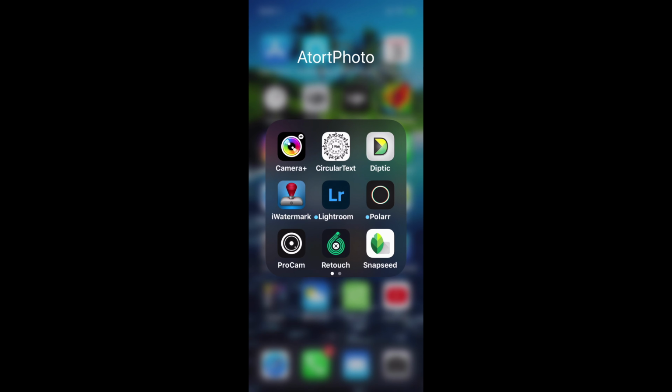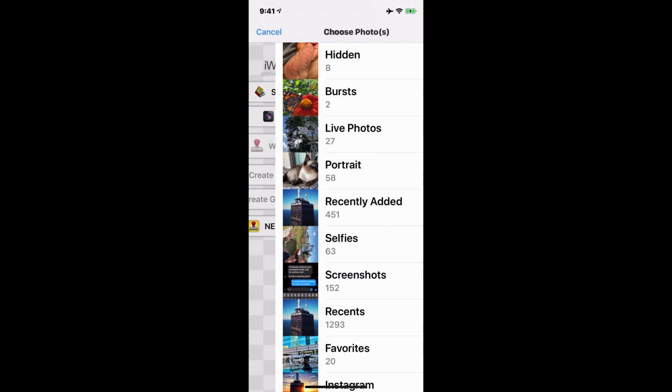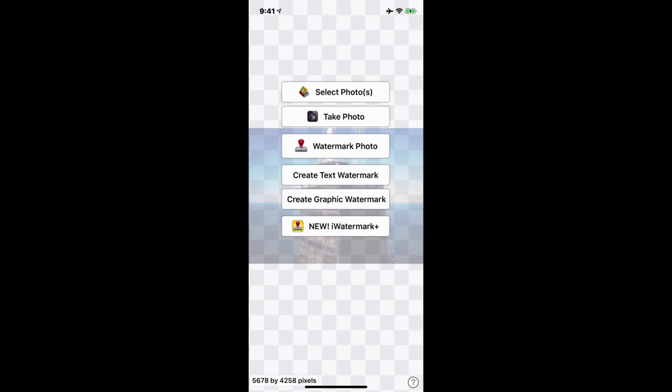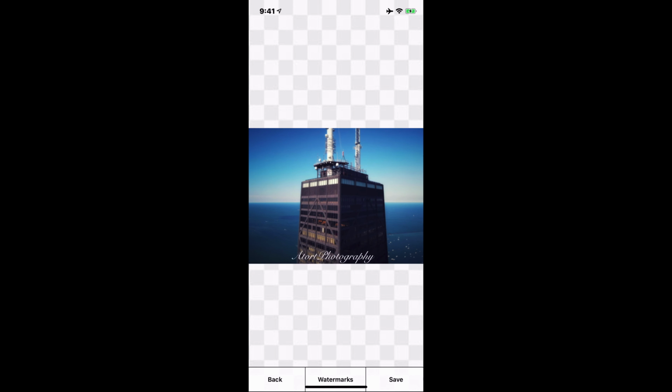And then from there, I can go to iWatermark, select the photo, go to recently added, click that image. There's a check mark right there to the lower right. Hit done, and then watermark image. And boom, that's what we do. Or maybe I can play with the watermark, put it over here, put it over there, put it in your